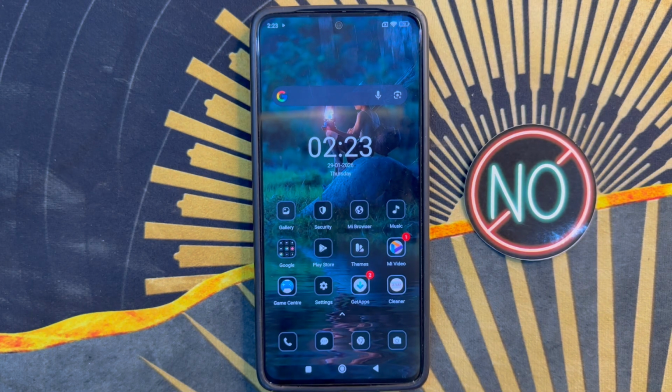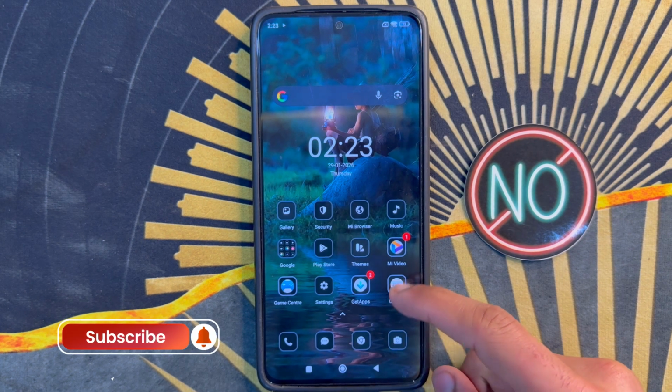Hello everyone, in this video I will show you how to fix the photo disappearing issue on Redmi Note 15. Let's start the video. If you want to fix this problem, first of all go to app library,